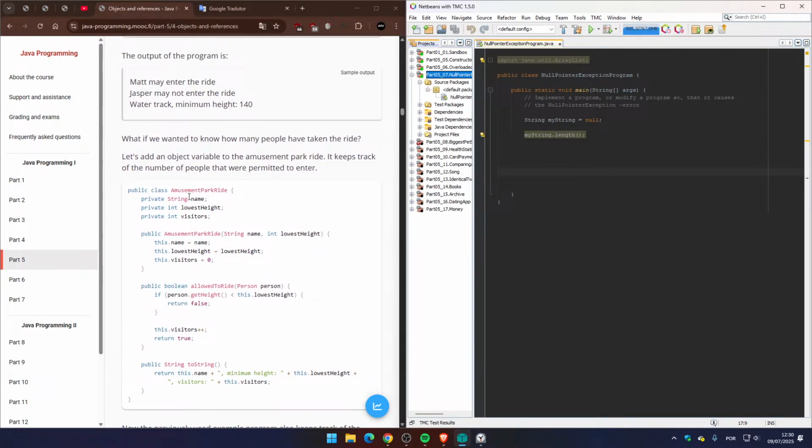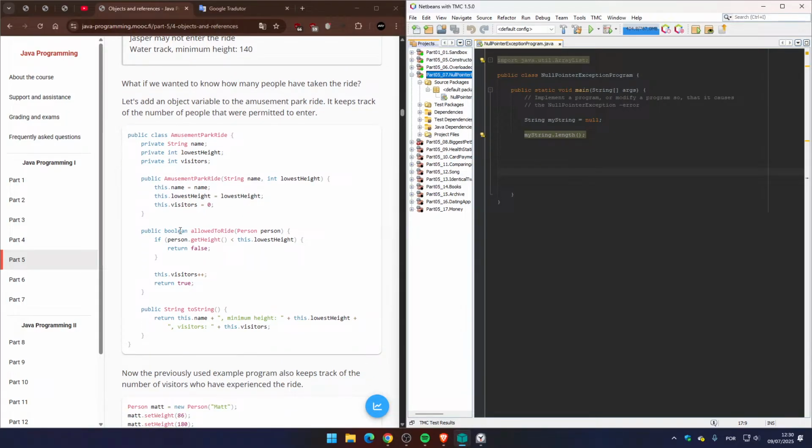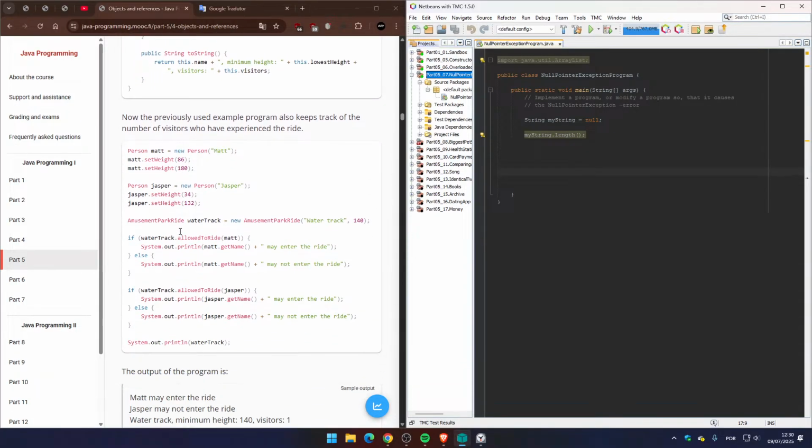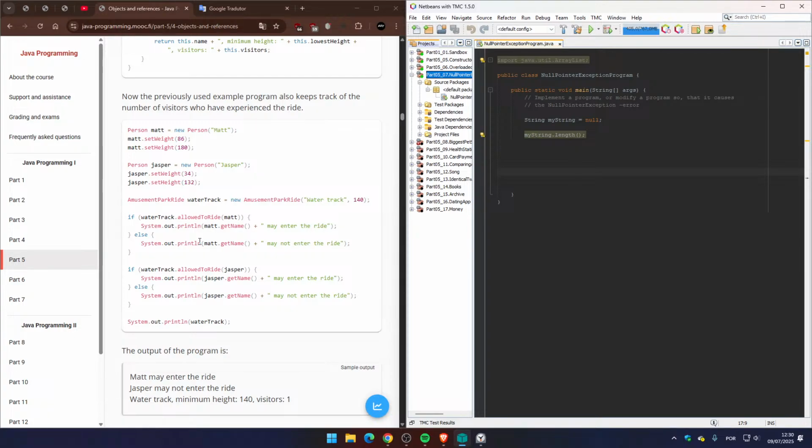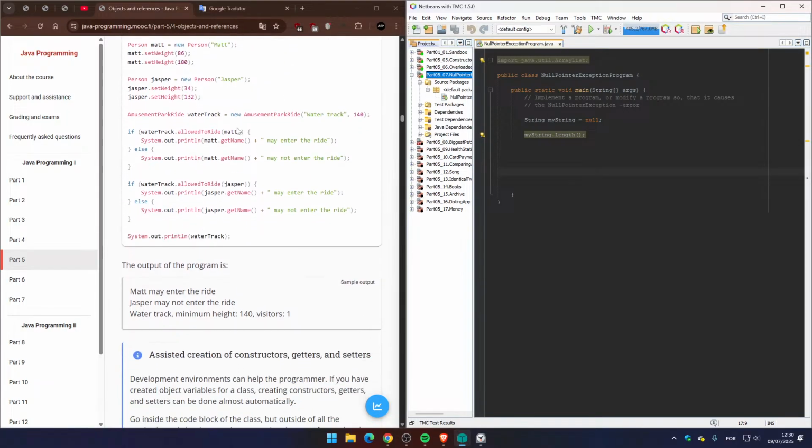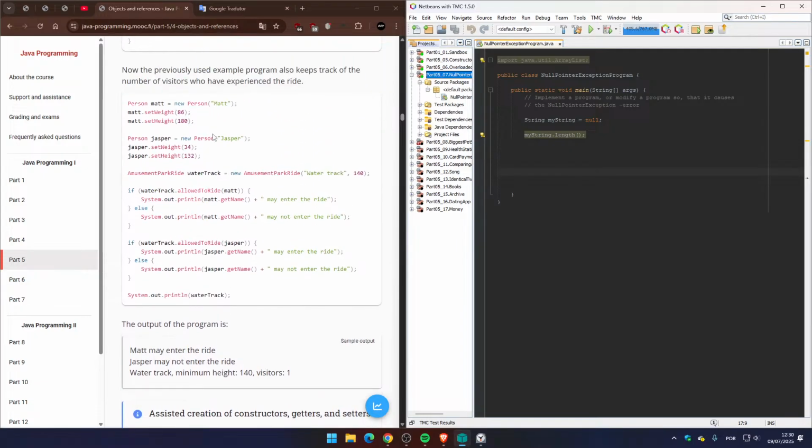What if we want to know how many people have taken the ride? Let's add an object variable to the amusement park ride to keep track of the number of people that were permitted to enter. Now the previously used example program keeps track of the number of visitors who have experienced the ride. The output of the program is